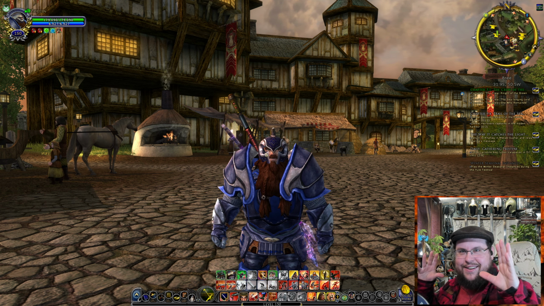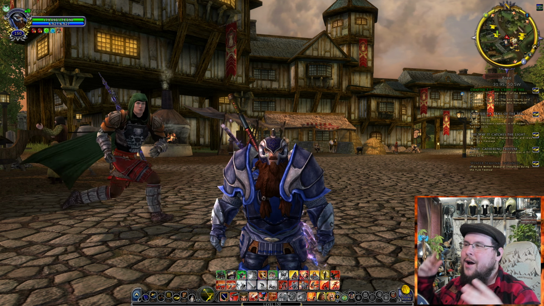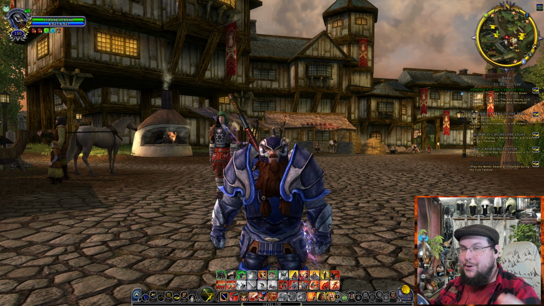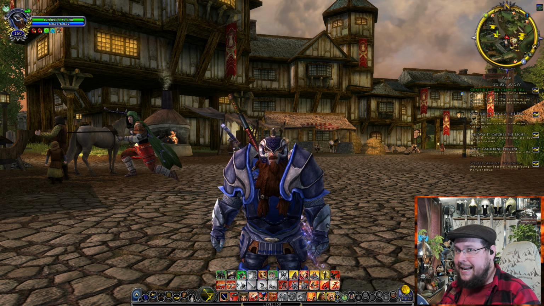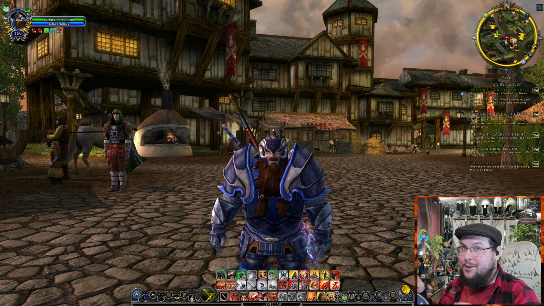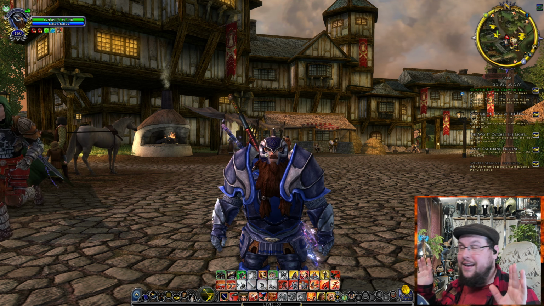Today we're going to do an extremely fast overview of the interface of Lord of the Rings Online, what you see when you log into the game, okay? I'm going to do it very quickly, so I'm going to talk faster than I usually talk. I try to always keep a normal, nice, steady pace like this while I have conversations and we do stuff. But I'm going to speed it up a little bit because we're going to cover everything in the entire interface